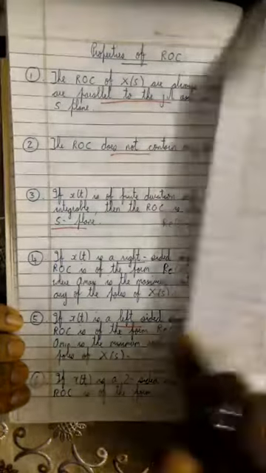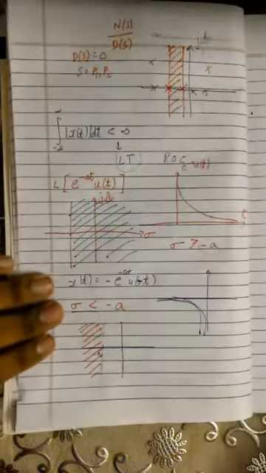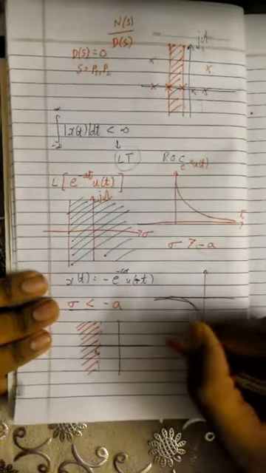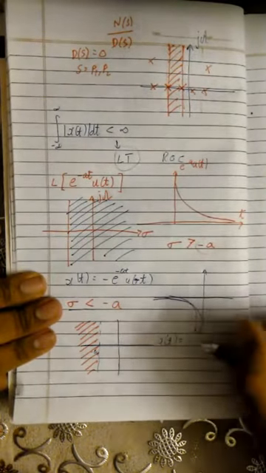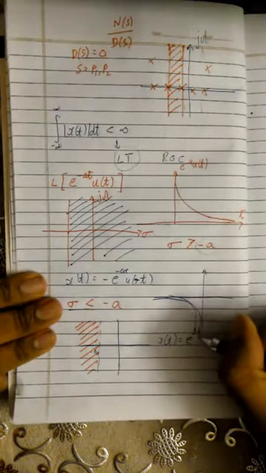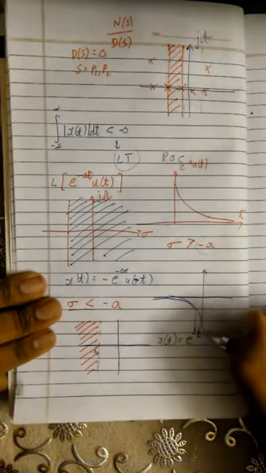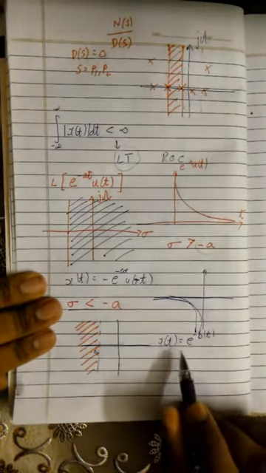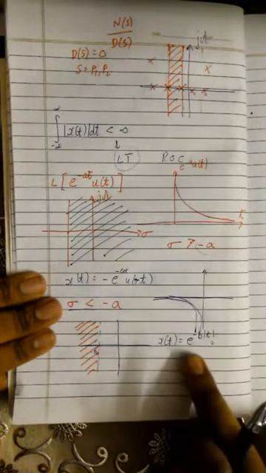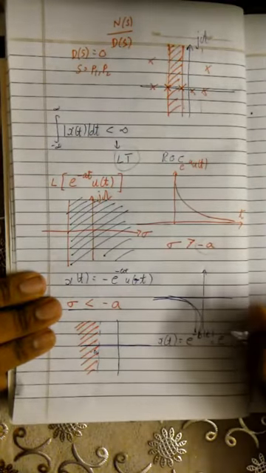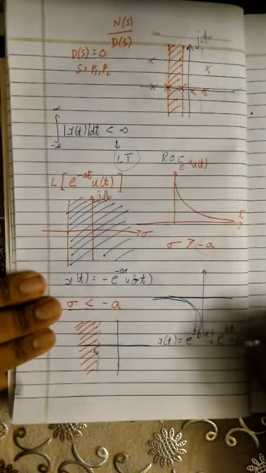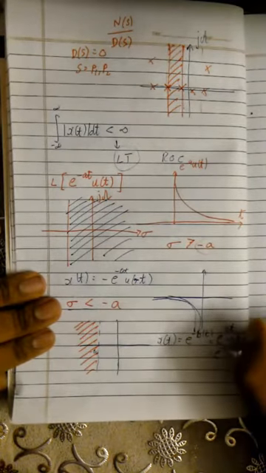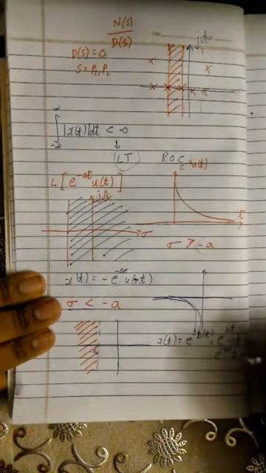If you remember, in the fifth problem, the question was, find the Laplace transform of the signal x of t is equal to e raised to minus b mod t. This is the fifth problem that you did, right? You remember this? In this problem, this can also be written as e raised to bt when t is negative, and e raised to minus bt when t is positive,